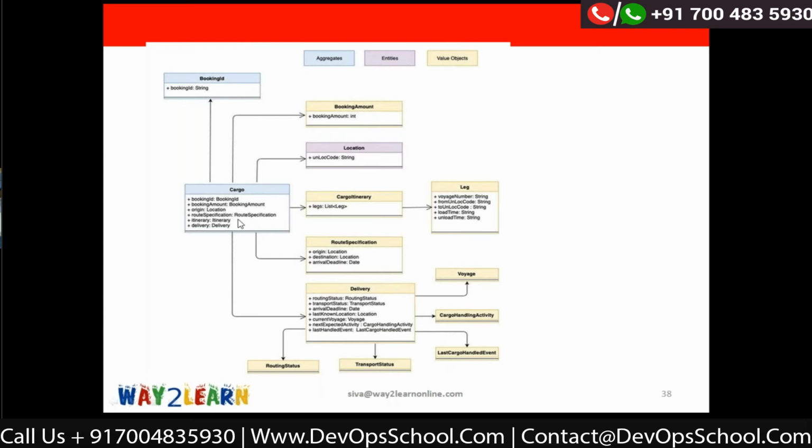But if I'm a domain expert and I see your cargo class with 20, 30 fields, I do not understand the meaning of each of them, right? Suppose I create a route specification class like this, just by seeing its name, I can understand that this class contains some information about the route, the origin location, destination, deadline, etc.